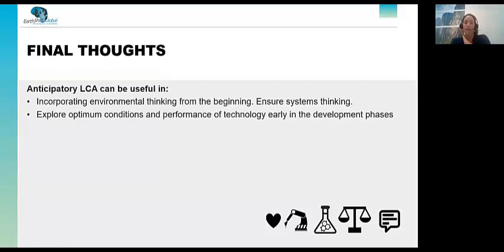So now I want you to think of how you could use these concepts to overcome the limitations in typical LCA for early product development, and think of using LCA more proactively in your organization. We're going to follow with some examples of how industry is applying these concepts that we hope will give you inspiration and further ideas of how to do this.